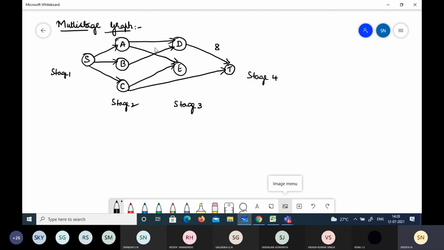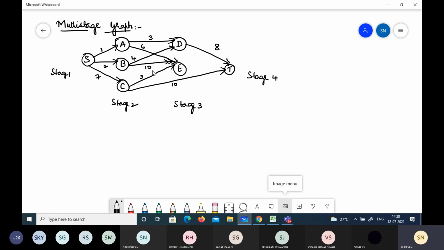So this is the weight, 6, 4. We have an edge here as well, 10, 3. This is 10, 7, 2, 1.